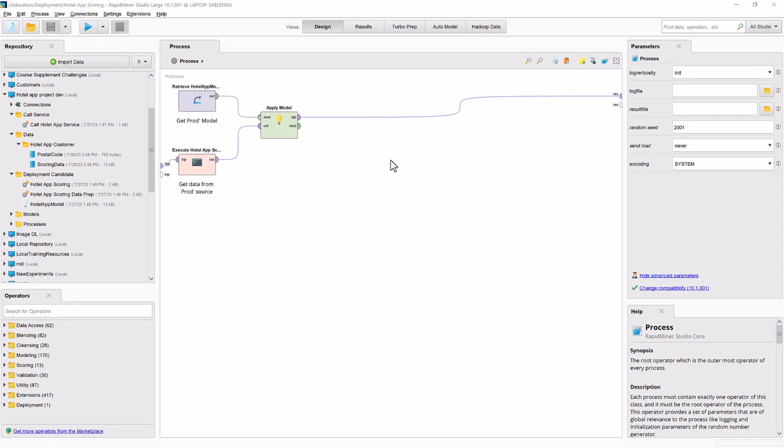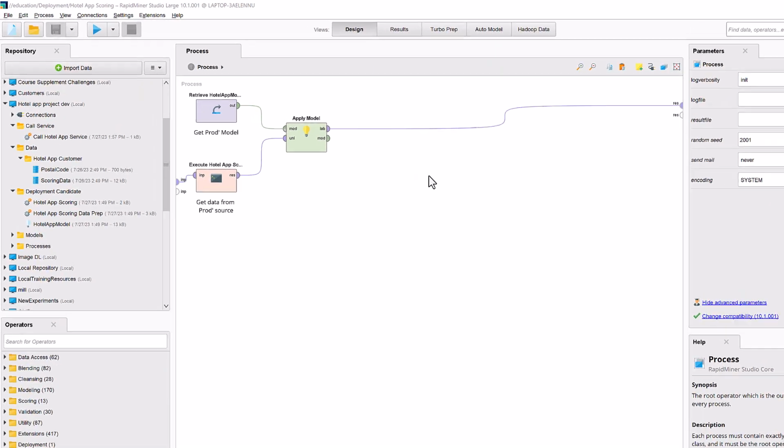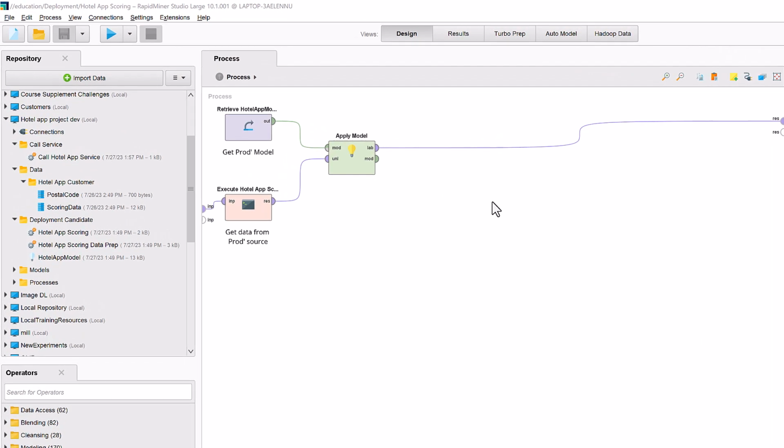Here we walk through an example of deployment and scoring that may be a little more realistic than some of our other deployment and scoring examples. We get into a few of the complexities that you might see in your environment. You may not be able to follow along with this one, so feel free to sit back and watch and listen. If you do want to inspect the processes more closely, this hotel app project dev should be available for